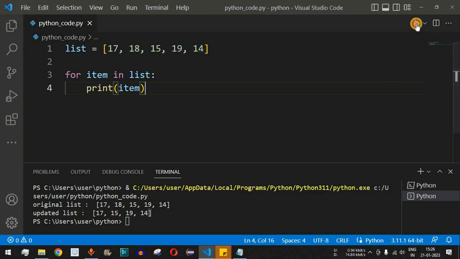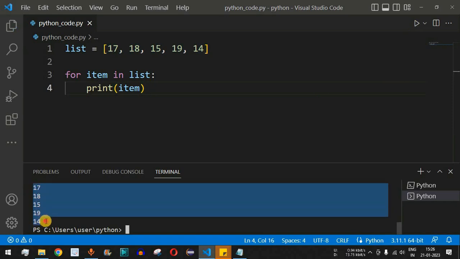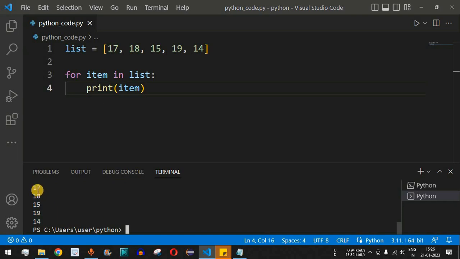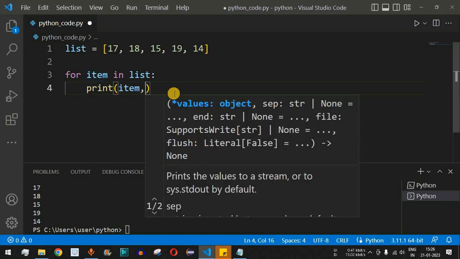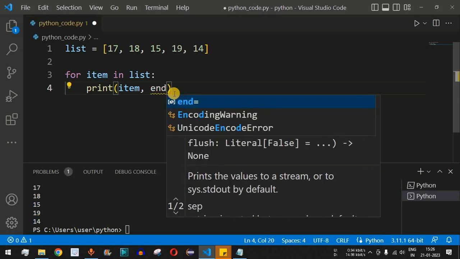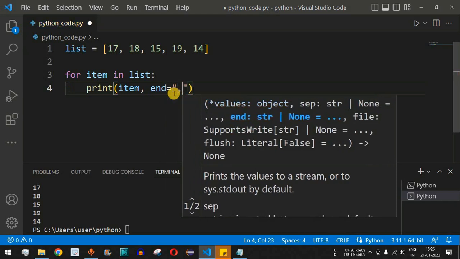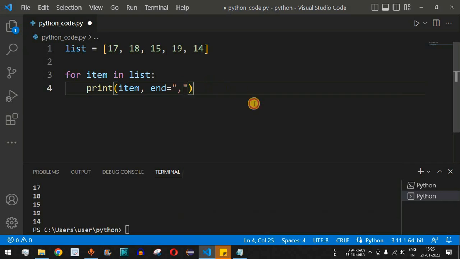So we'll just save this file and try running this code now. As you can see, 17, 18, 15, 19, 14, all the elements are getting printed on separate lines. What if we want all the elements to be present on the same line? So what we can do is, after providing a comma over here, we have the end parameter inside the print function,